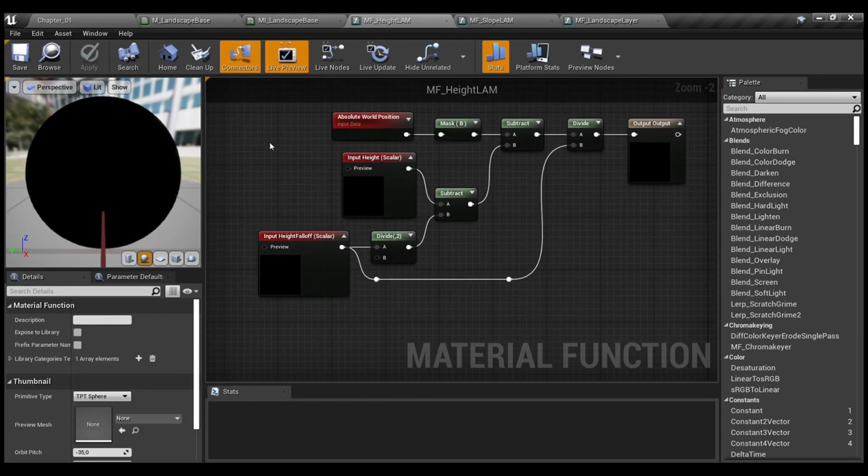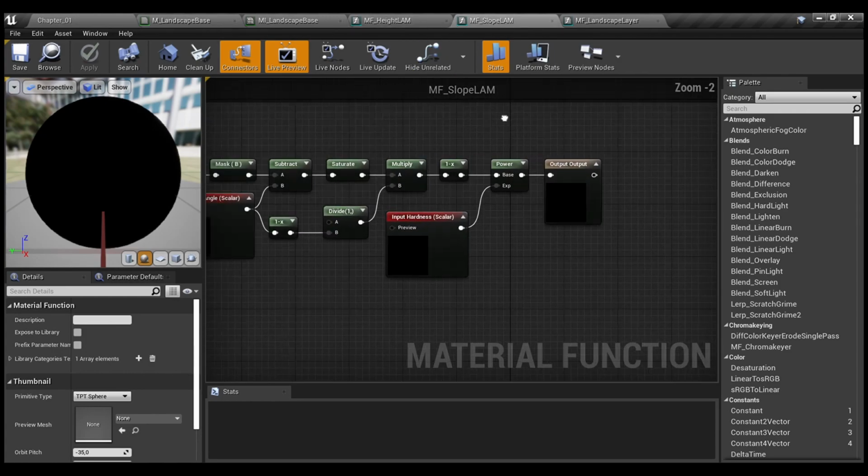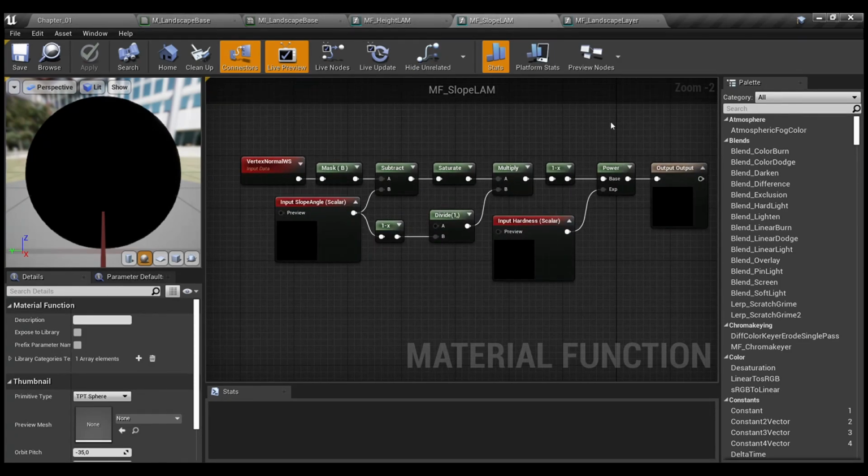Now, another material function is for slow blending. It's here. Also, we use vertex normal world space, mask on B channel to achieve actually the height values of our